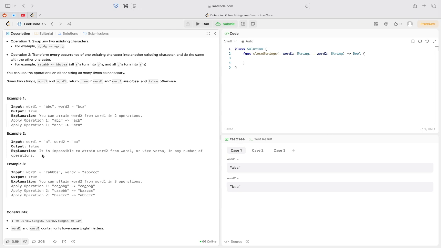If word 1's count is not equal to word 2's count, we can just return false, right? So that solves that. And then example 3, so we have word 1,